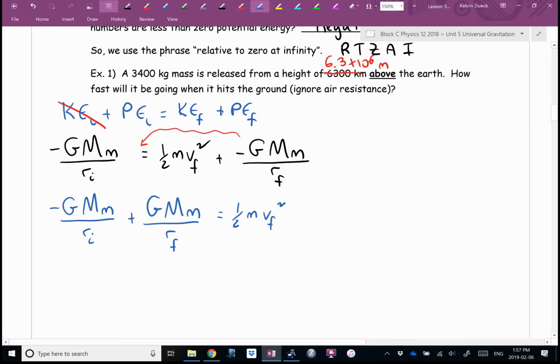Oh, I noticed something else. I could have done it on the previous line. I didn't because I was not paying attention. What else could I have done now or on the previous line? So it turns out the speed is not affected by the mass. The damage is affected by the mass, how much damage it does when it hits the ground. Oh, heck yeah. But in terms of how fast, if we're ignoring air resistance,